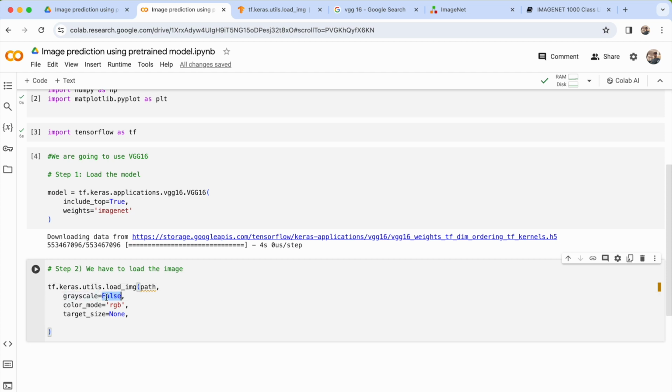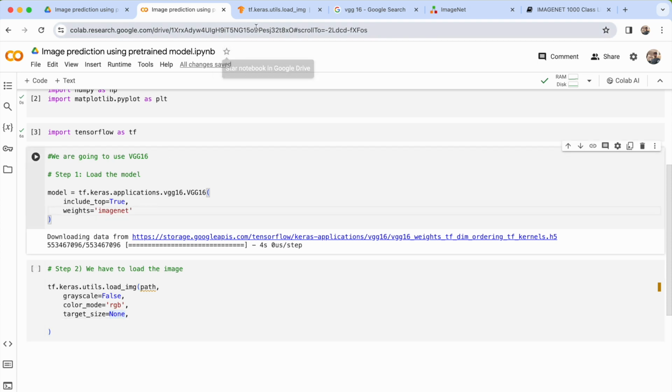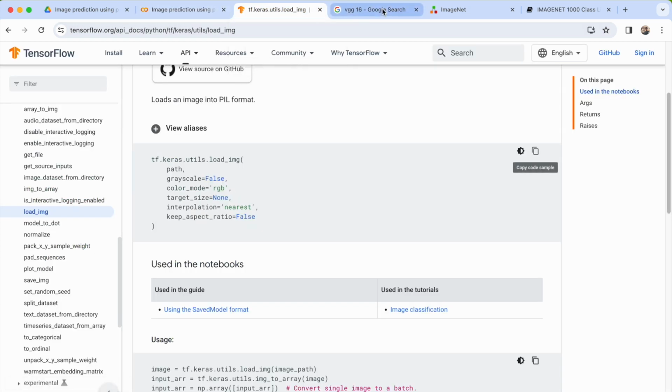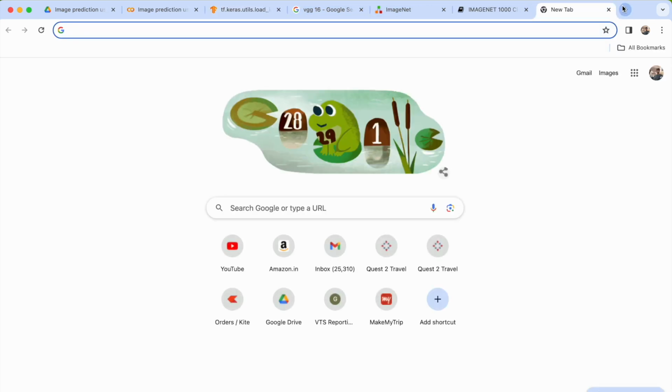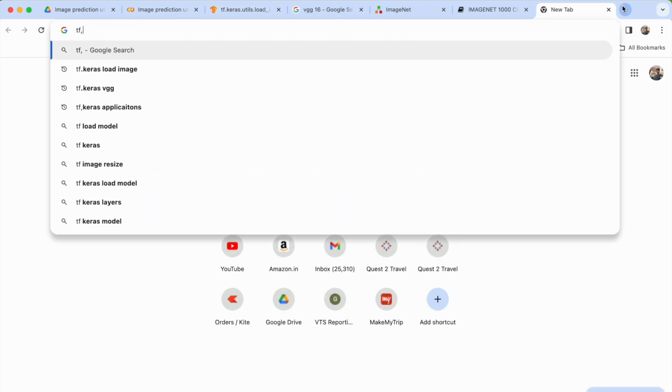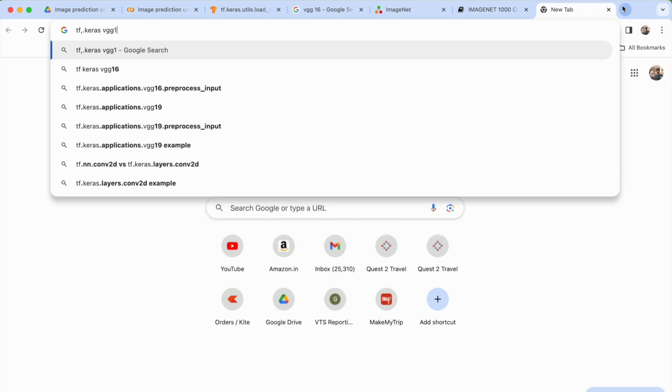See, grayscale is equal to false, target size is none. Here we have to keep in mind that the target size should be according to the requirement of VGG16. When we see the documentation of VGG16, tf.keras VGG16,